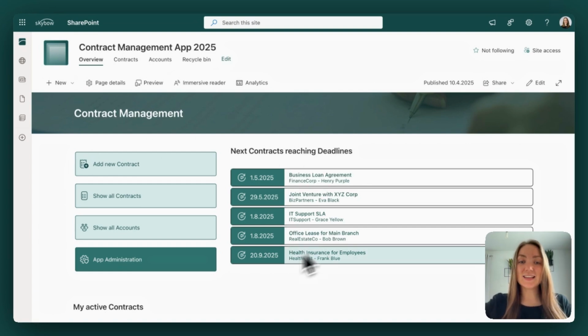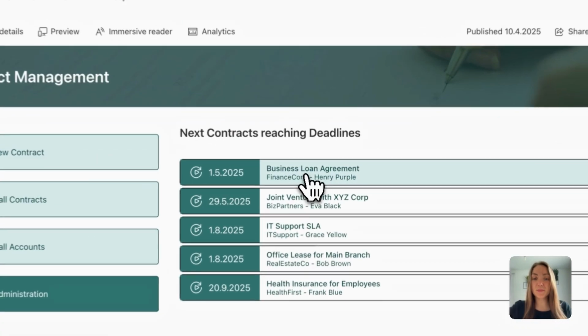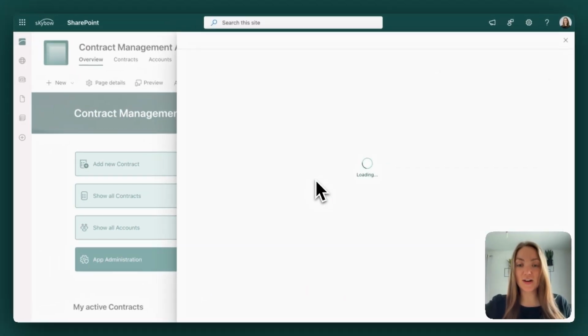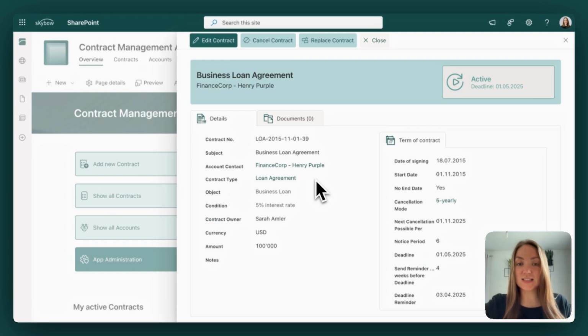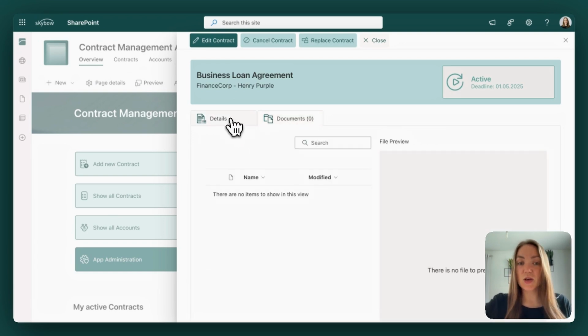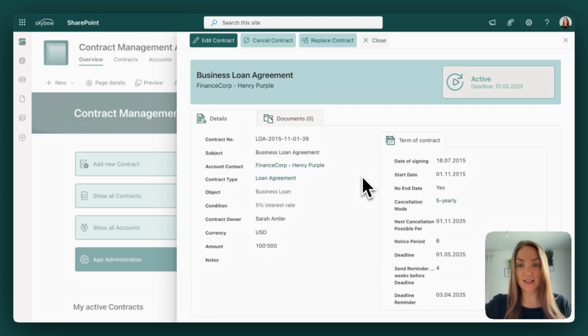What you can see here are the contracts which need your attention, so the contracts which are reaching their deadlines. To review them, just click on one of the contracts and you can see all the details and documents which are linked to the contract. What you can do here is edit the contract if something has changed. You can cancel the contract if you don't need it anymore, or you can replace the contract if you have